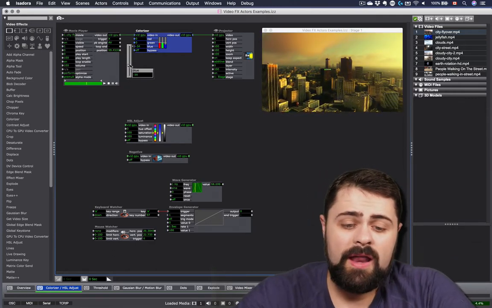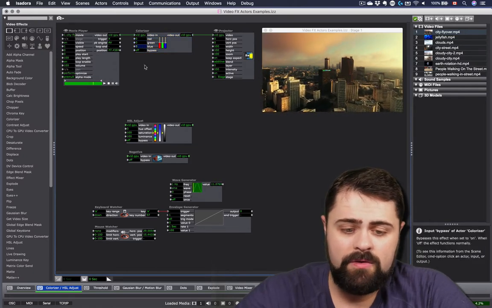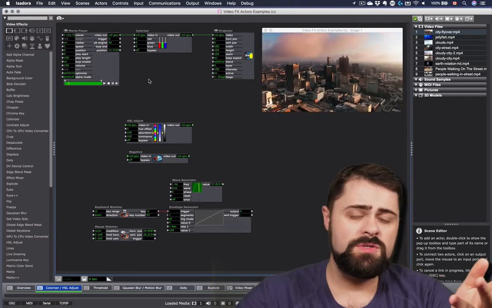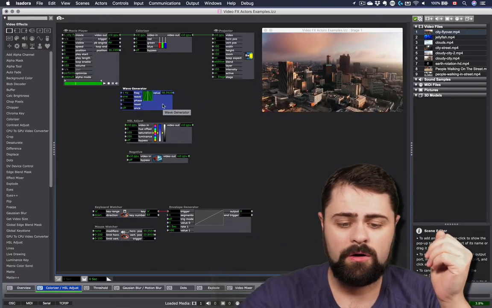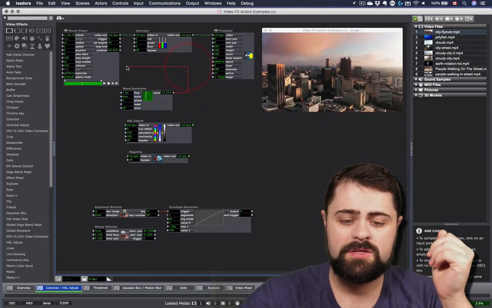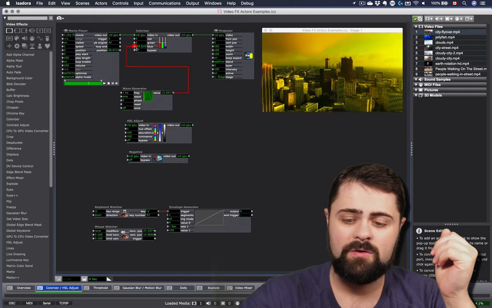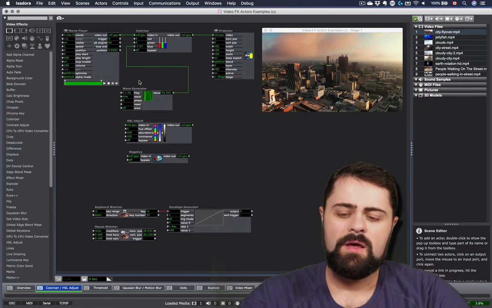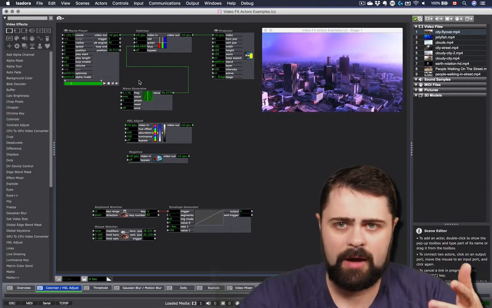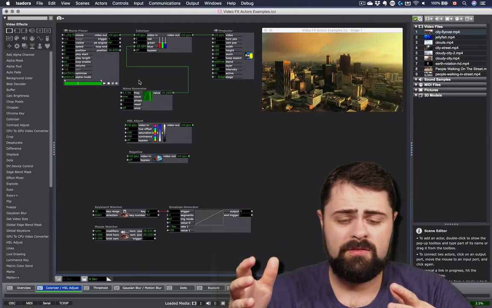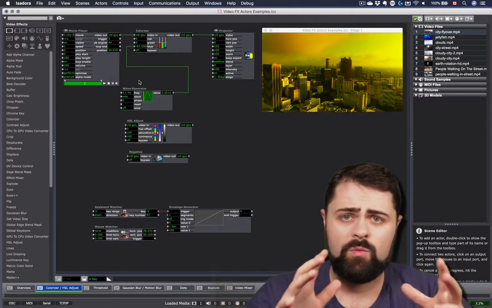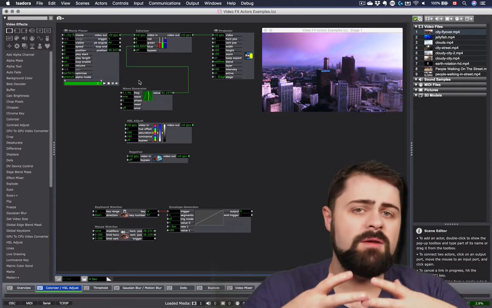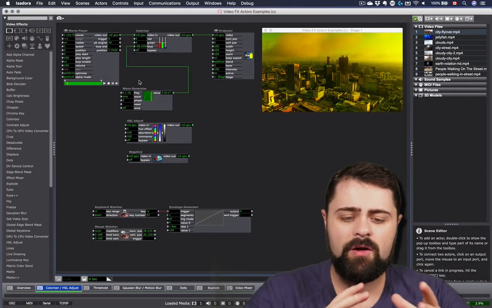Now, this alone can have a wonderful impact on any of the video that you're using, whether that is live video or a pre-recorded asset. And we can use things like our wave generator actors from earlier to connect to any of these properties to animate them or automate them in real time. If I slow down this wave generator perhaps to 0.01 hertz, it's going to create a much more gradual and timed effect. You may even be able to use your generators in time with what's happening in the visual effect as well. So these can create both automated and manual adjustments that can happen in very gradual ways.